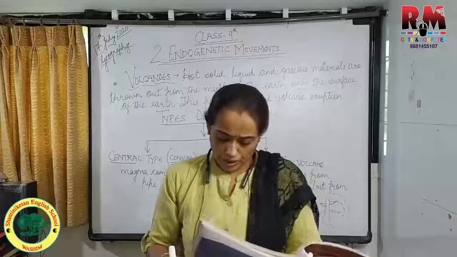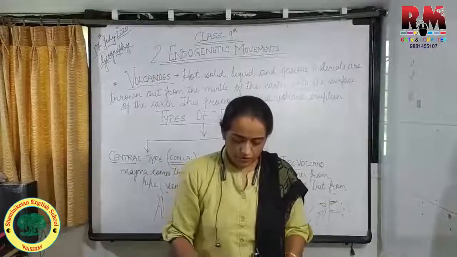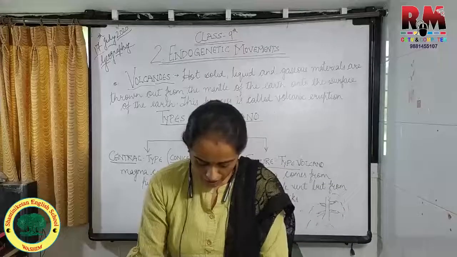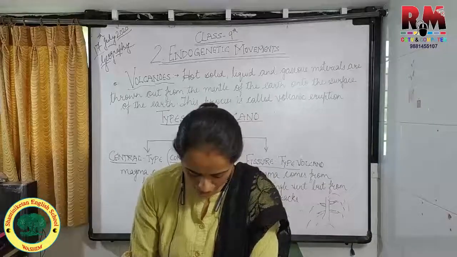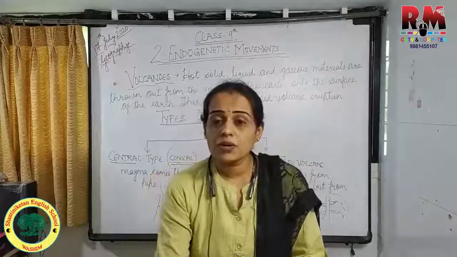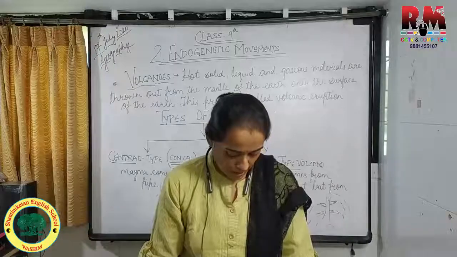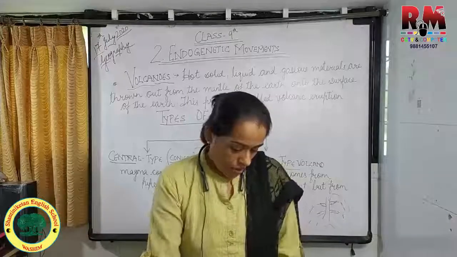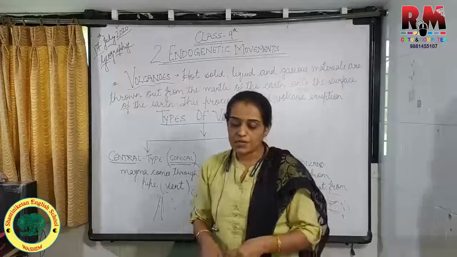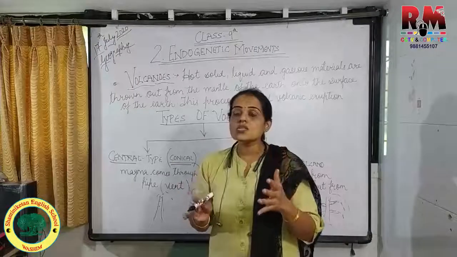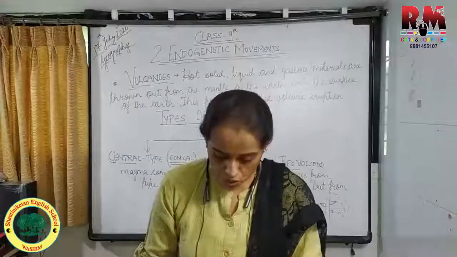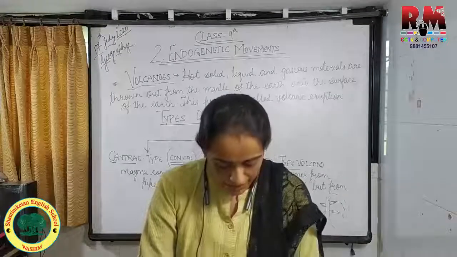Now, by looking at figures 2.16, 2.17 and 2.18, you have understood that the plate boundaries are directly related to the areas of earthquake and volcano. Now see figure 2.18, the map that is given there. See figure 2.18 on page number 18 of your textbook. The world map is given, and the zones are given which are earthquake prone zones and which are the volcanic eruption zones. So you will study this map.